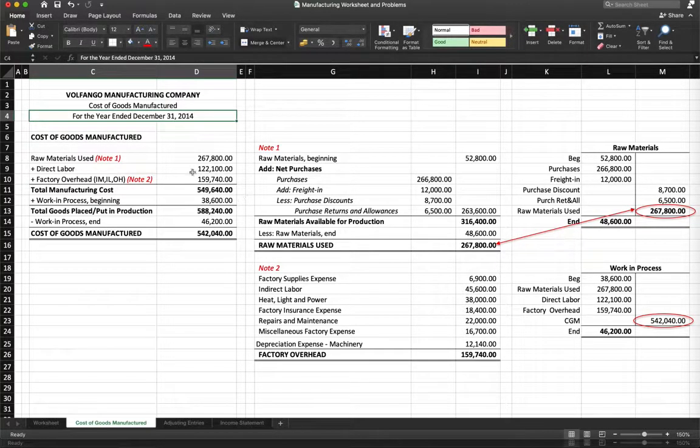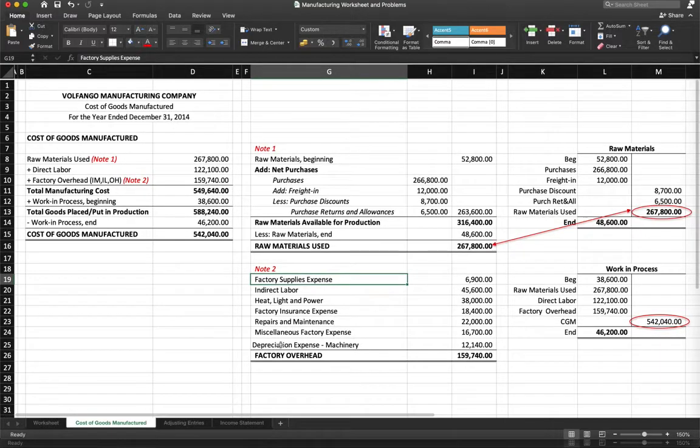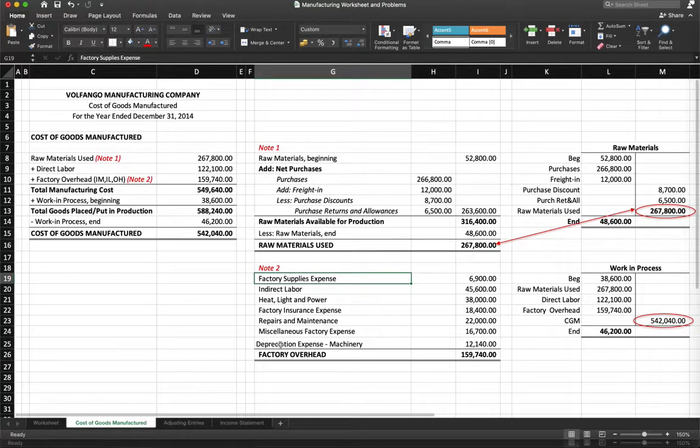Factory overhead. Again, what is the composition of factory overhead? Indirect materials, indirect labor, and overhead. Kaya nilagay na natin dito. Ano yung indirect materials natin dito? We did not use the raw materials account. But we have separated it and we used factory supplies expense. Remember, the amount that should be included in the factory overhead should be the indirect materials used. Hindi yung indirect materials ending balance. Kung ilan lang yung